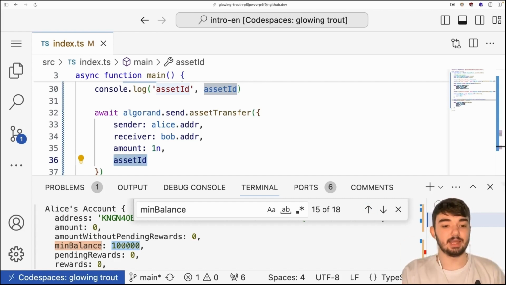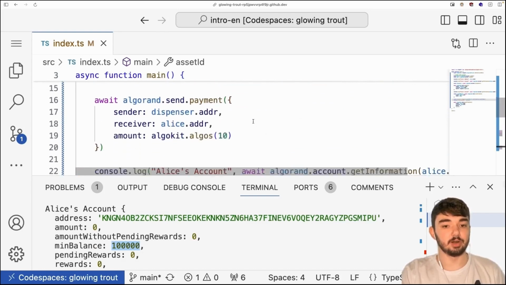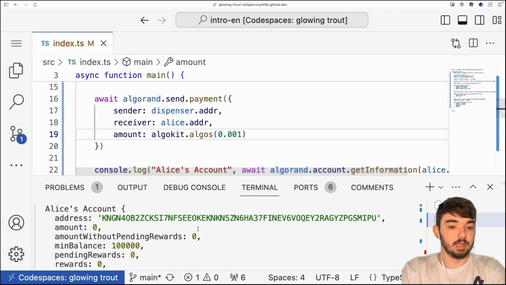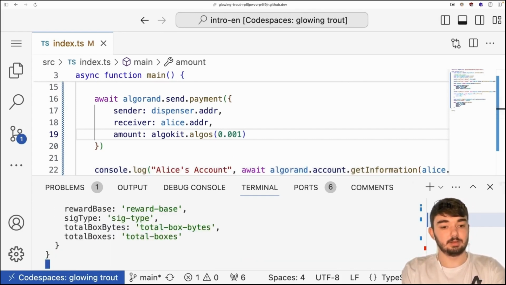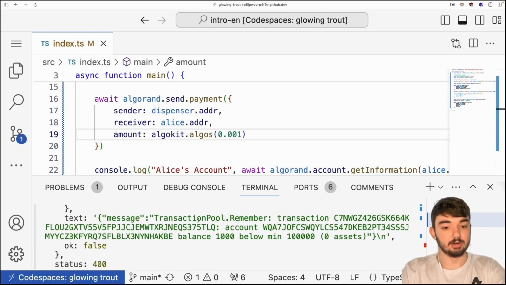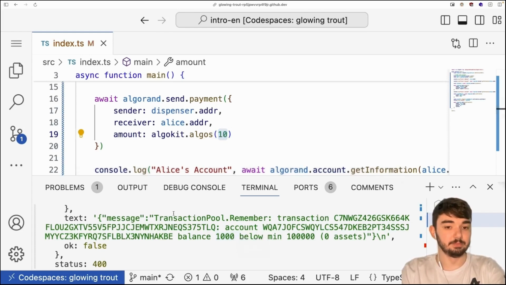So if I tried to send Alice less than 100,000 micro Algo, or 0.1 Algo, so let me say 0.01, and let me run this, we can see here that even though this is a brand new account that I'm sending funds to, it's not enough. I need to send at least 100,000. I'm going to go back to sending her 10.